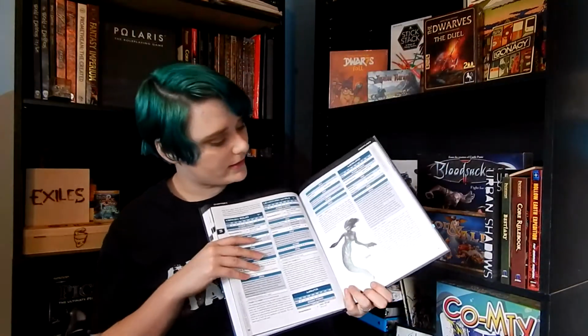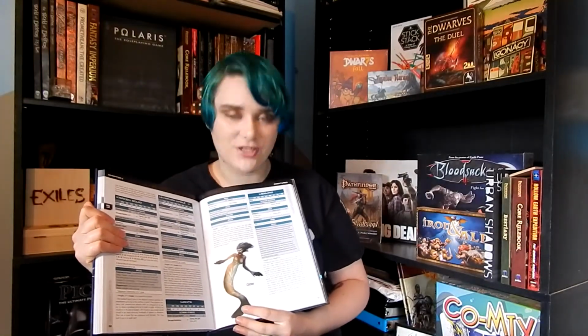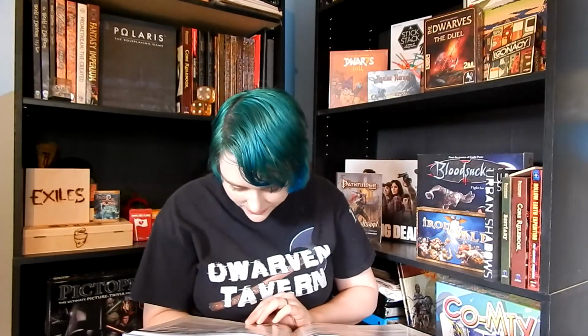Ooh, it's got mermaids, and I like the artistic liberty that the artist took on this mermaid. She does not have hands; she has fins, and I like that a lot. That's really cool. She still has boobs. I don't like that. Why would she have boobies if she...